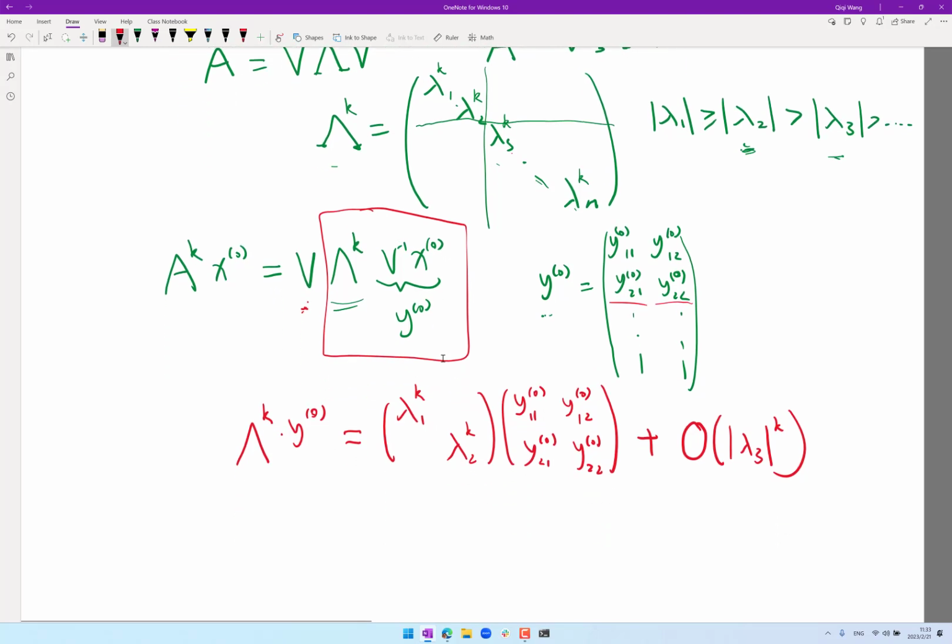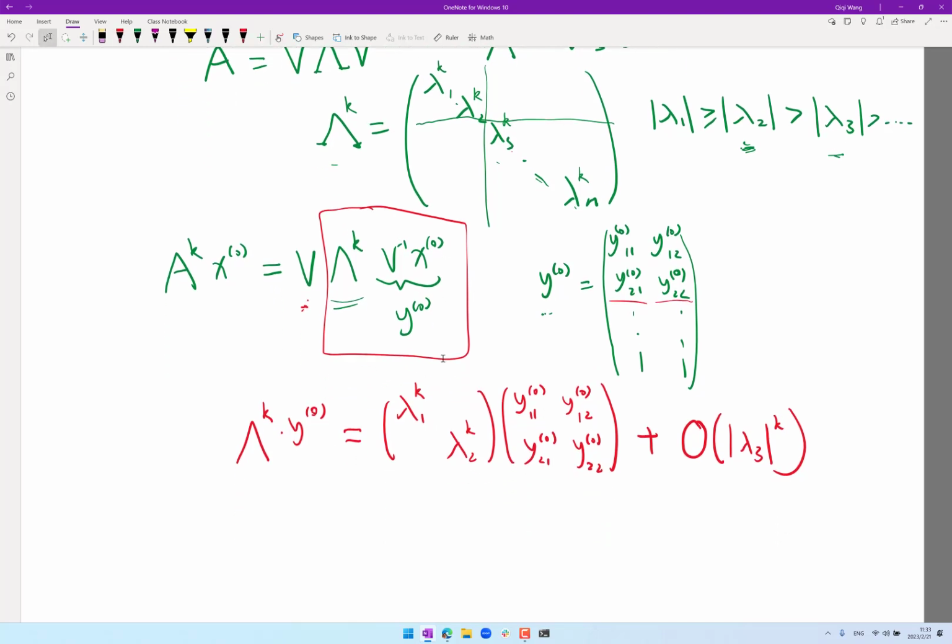one second, I think I missed something. So this product actually is going to be an n by 2 matrix, not a 2 by 2 matrix. So this is actually only the first 2 rows of that matrix. The whole thing should actually have a bunch of zeros underneath, right? It's actually the first